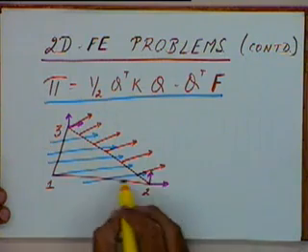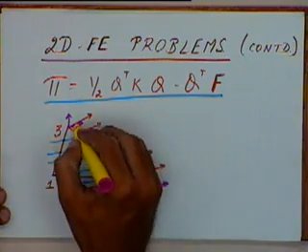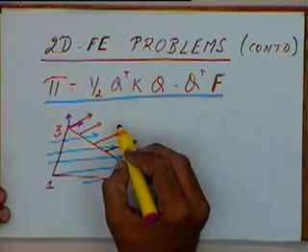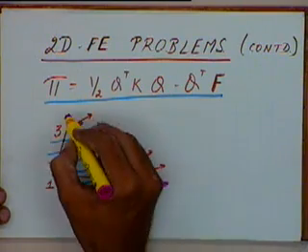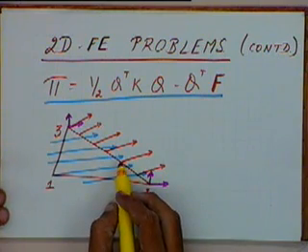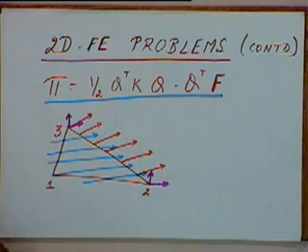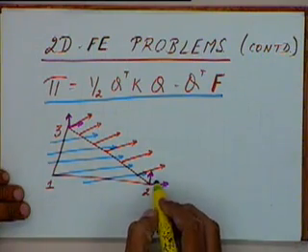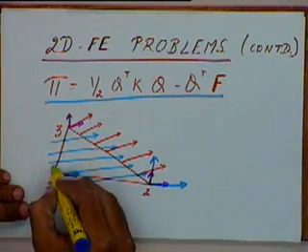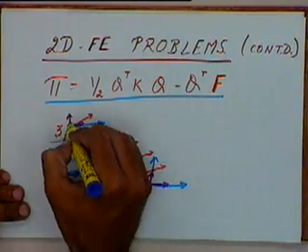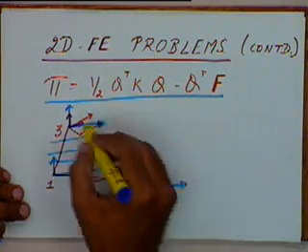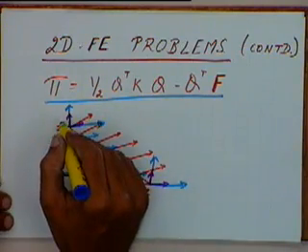The total tractive force acting in the x direction will be split equally between the nodes 2 and 3, and similarly the total tractive force in the y direction will also be split equally between the nodes 2 and 3. Again, similarly the body forces that are there, they will also be split equally between the 3 nodes. So we will have some body forces acting effectively at these 3 nodes. That is the total body force acting will be split equally between the 3 nodes.